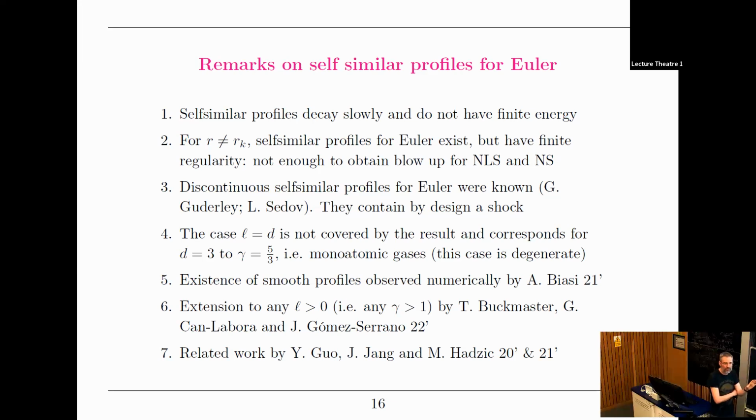The main estimate is to prove that the main part of your linear operator is accretive. And to do this, you need to show that there is at some level a positive quadratic form. And the way you exhibit positivity of this quadratic form is by commuting your equation with many, many derivatives. If you do it sufficiently many times, then it turns out that for a certain value, you actually get a positive quadratic form. The problem is that the number of times you have to commute is actually larger than the finite regularity that you get for R different from R_k. Okay, it's quite frustrating. It's only about one derivative more, but okay, that's it.